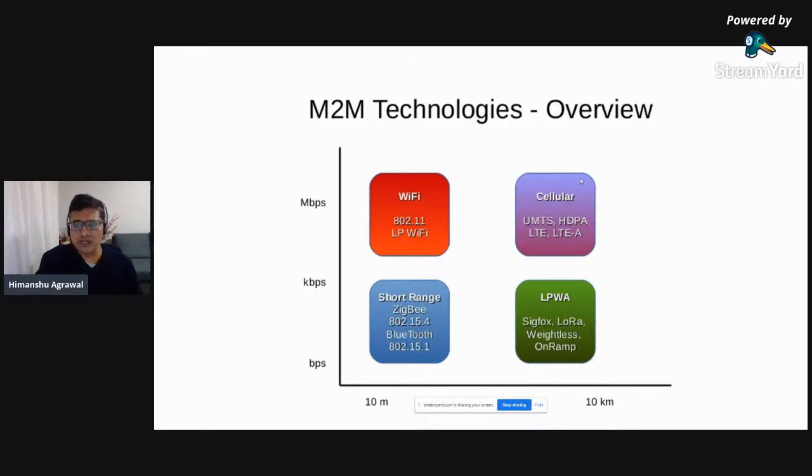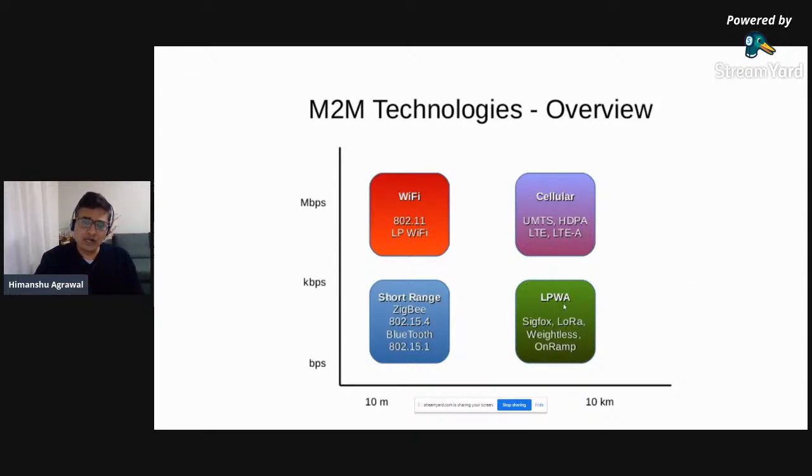Now, if you are aiming for high data rate and high range in terms of tens of kilometers, definitely you have cellular network as your preferred choice, right? Now, the emerging low power wide area, as I mentioned in my previous slide, is emerging because it is consuming less power, and most of the IoT applications, as we have seen in the literature, as well as in various practical IoT platforms, have a pretty small data rate, right?